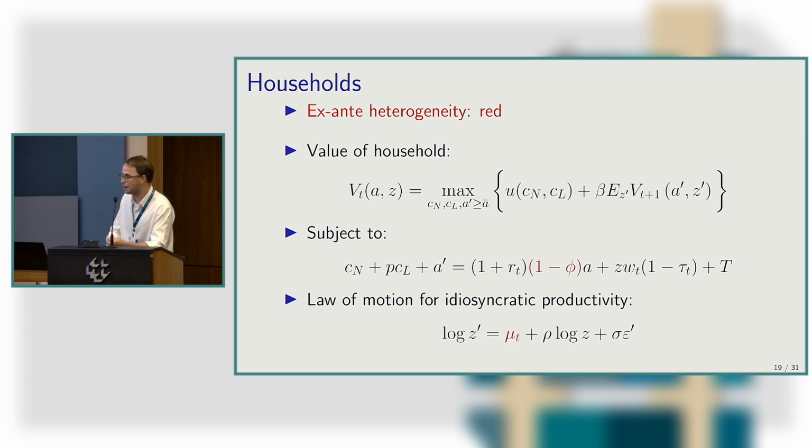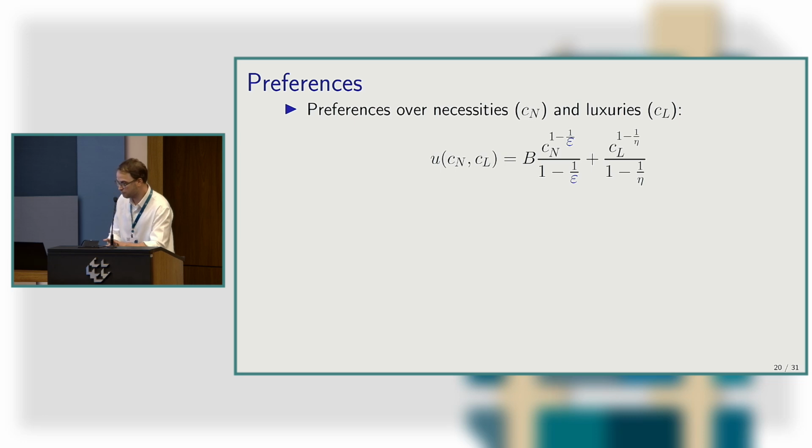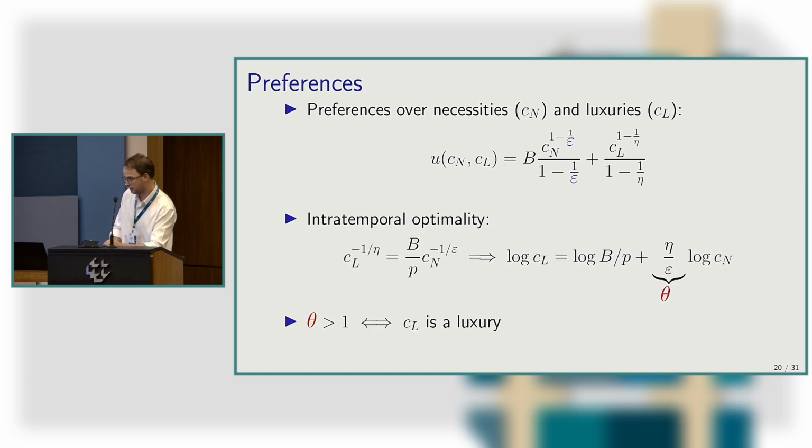This is also to capture the fact that high-skilled workers have higher income, and they're more exposed to the aggregate TFP shock. So for the preferences, I choose this particular form of non-homothetic preferences, which are separable. This is different from the last paper. And here it's very simple because I have these two parameters on the income elasticities, eta and epsilon.